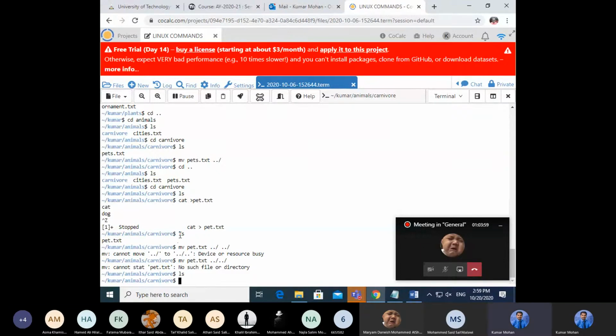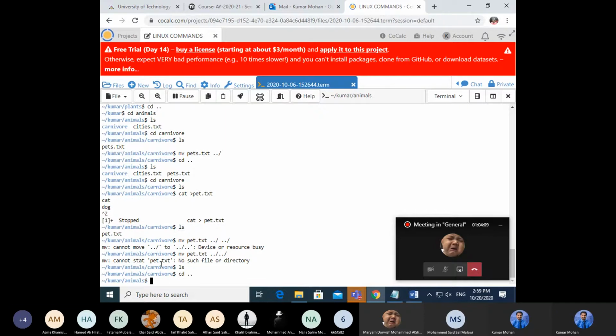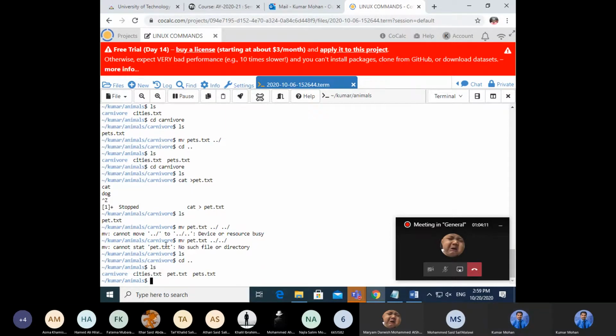Maybe here, ls pet.txt. I'll check it. It is moved to animals because of this. Okay, do you understand what is the command here?